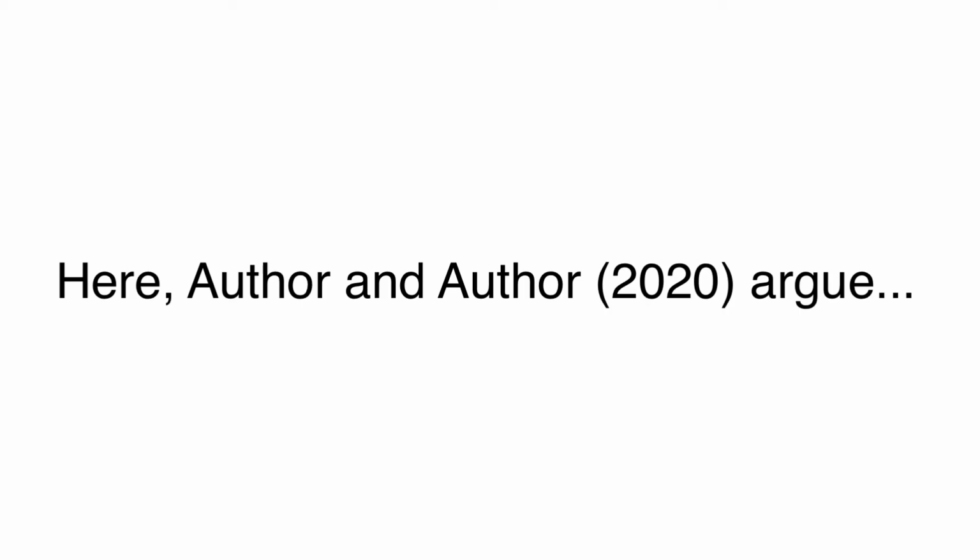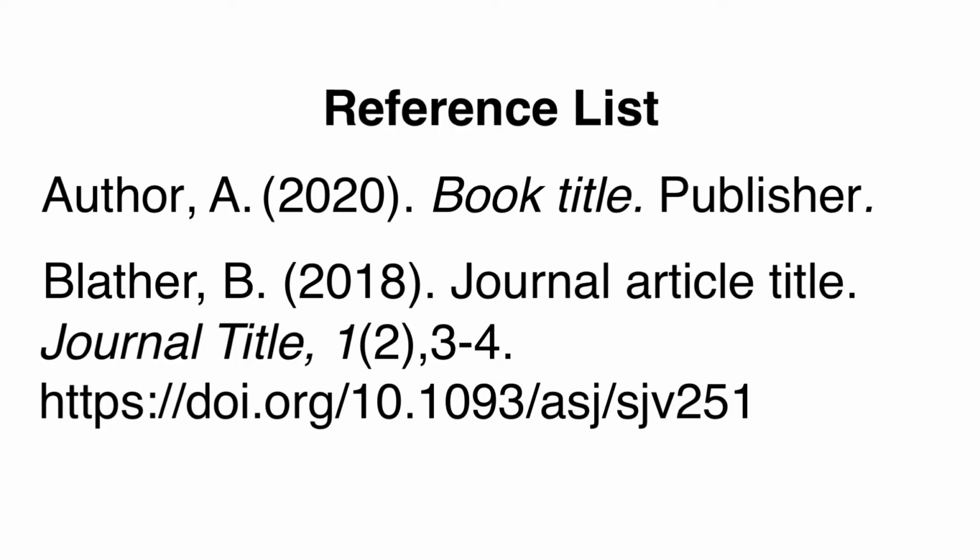For one author, you have the surname and the date. For two authors, put an ampersand between the names. For three or more authors, write the name of the first author's surname, followed by et al. Make sure you keep the author's names in the same order as they appear on the source. If you are using the author's names in a sentence, use the word "and" between their names instead of an ampersand. Your reference list goes at the end of your assignment and is ordered alphabetically by the author's surnames.